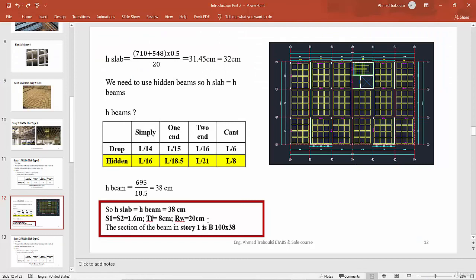These are constant sections. We can use them always, but we must calculate the thickness of the slab. These parameters or this section are critical and standard for waffle slab. So for the beams of the waffle slab, we assume that the hidden beams have width equal to 100, and for depth, as we calculated before, equal to 38 centimeter, and the overall thickness of the slab equals 38 centimeter. So we can